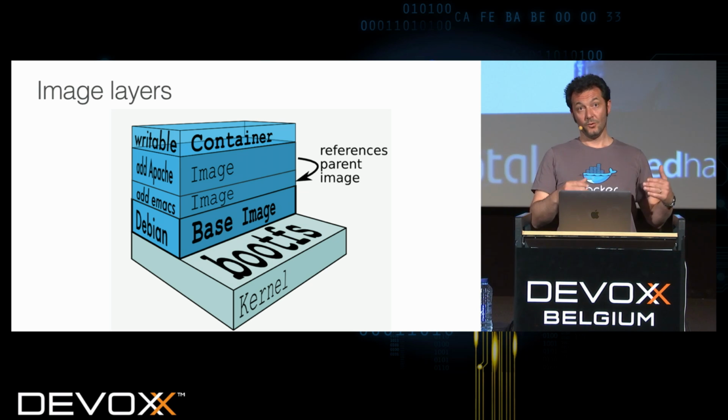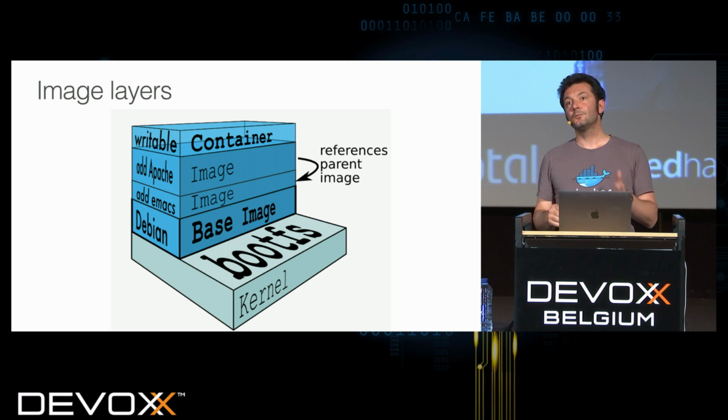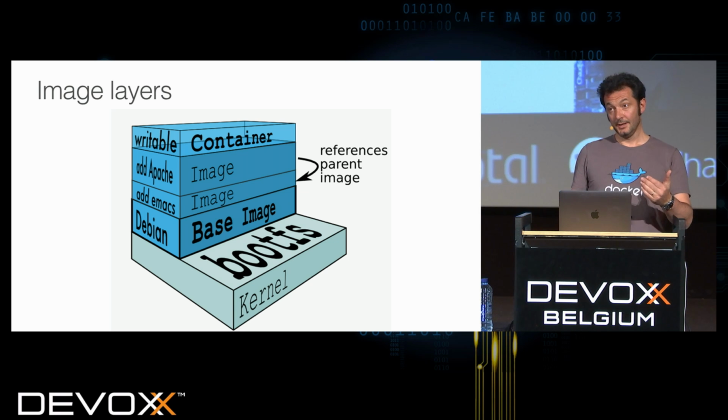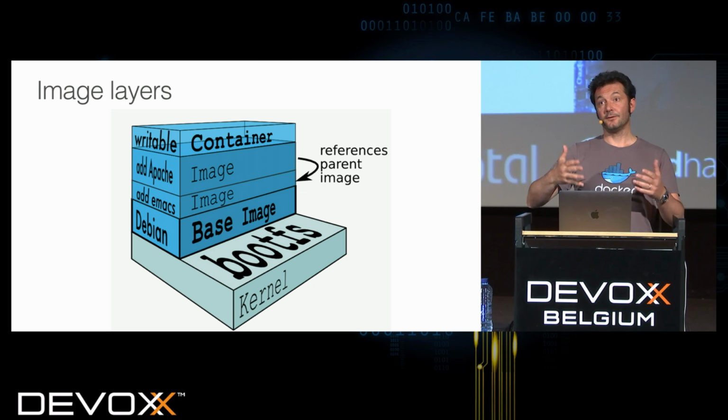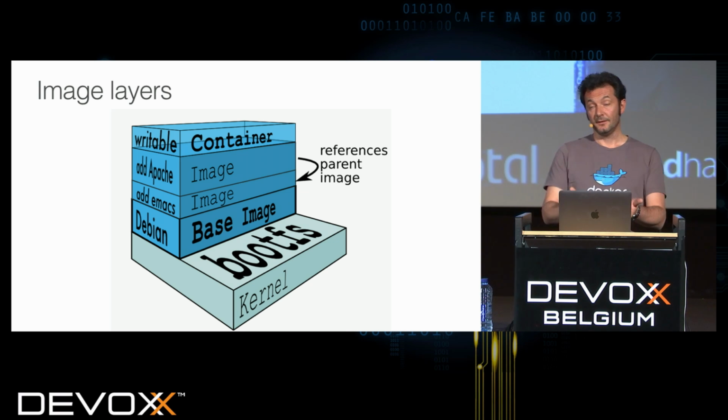And then when I run a container, Docker is going to create a writable layer on top of that. That makes it super efficient for deployments. When you deploy an image, if you have the cache of, for example, 15 different applications that are slightly different but all run on Ubuntu, Ubuntu will be downloaded only once. So it makes running containers much faster in development as well as in production.